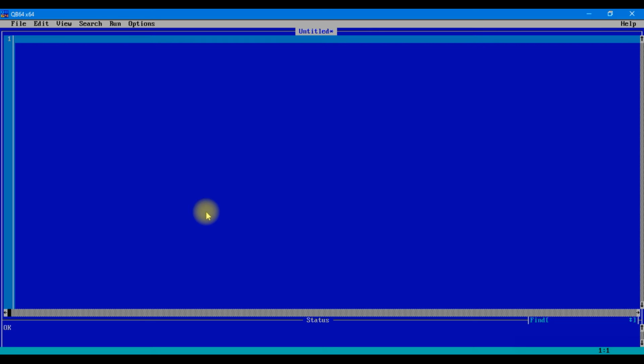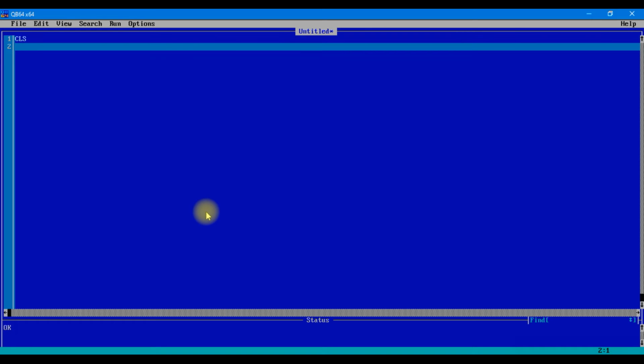So let us run this program that is given over here: CLS, COLOR, to print a foreground colored screen. I hope you are able to see this on your screen, because there is no way to increase the text size over here, so you may have to zoom into your video. First we'll write CLS.